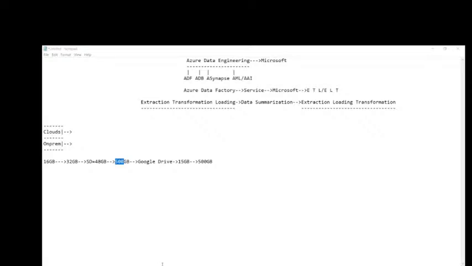Tell me now, can you recover? Can you recover the 16 GB of memory? No, we cannot. Can you recover this 32 GB of memory? No. Can you recover this 500 GB of memory? Yes. Whenever you store the data in Google Drive,